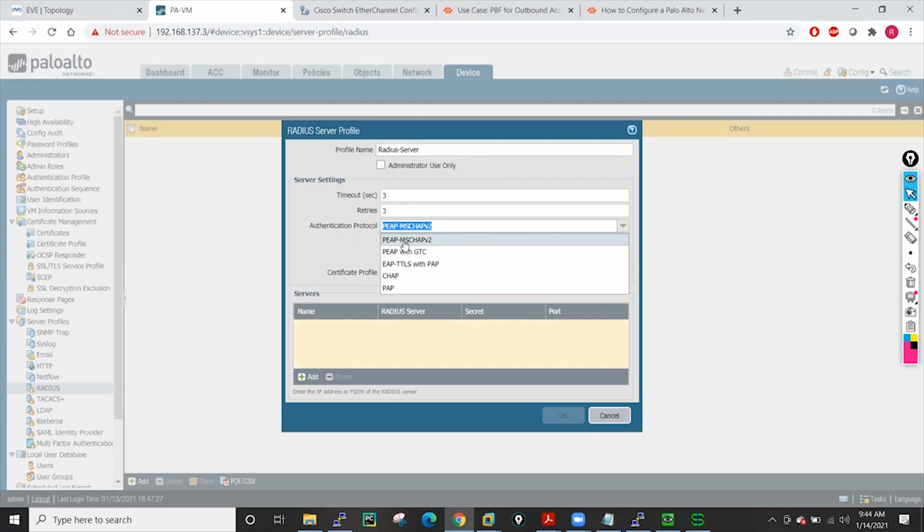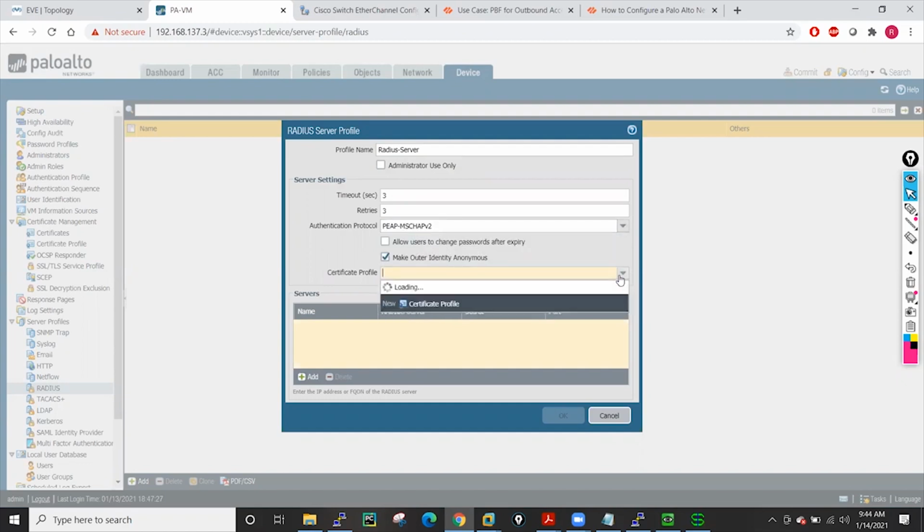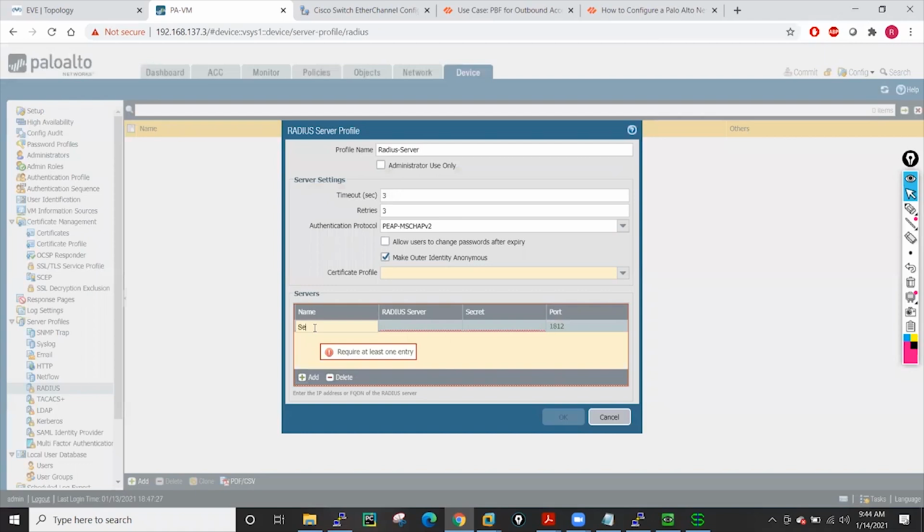I'll go with PEAP MSCHAPv2. You will have several options here. I don't want to go with the certificate here. Okay, I'll add my server details. I'll give here server 01, and I'll give the IP address of my RADIUS server, which is